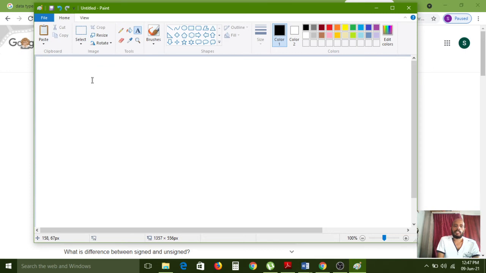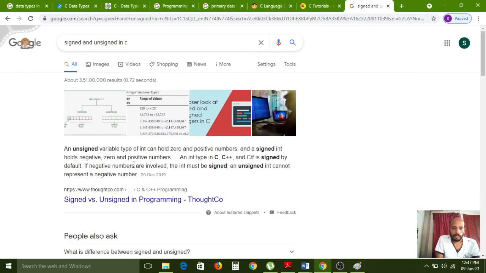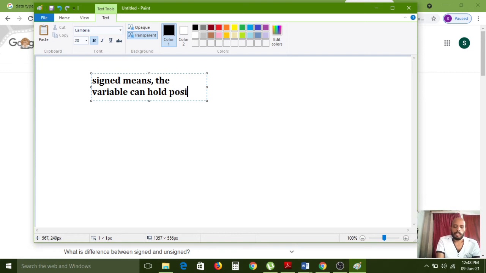Here signed means the variable can hold positive and negative values also. So that is the meaning of signed.